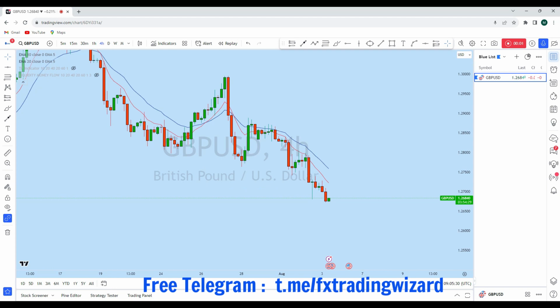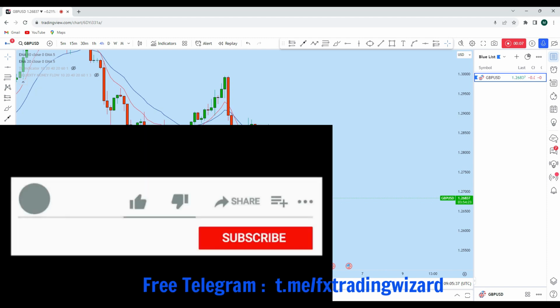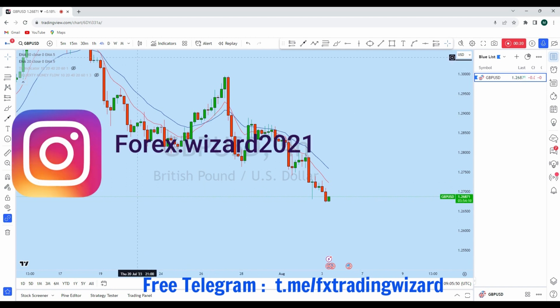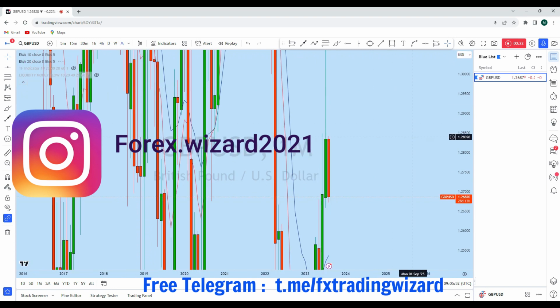Hello trader, I'm going to do a complete multi-time frame analysis on GBP USD. Let's see what kind of trading opportunity we currently have in this instrument. From the lower time frame, we can see that GBP USD is currently showing a significant trading opportunity. Before we discuss how we can trade, first let's look at the bigger picture,